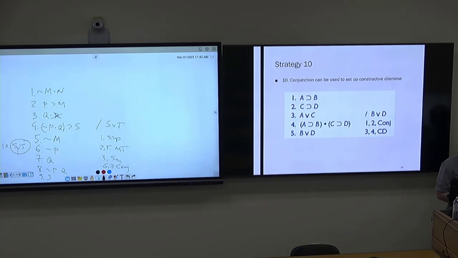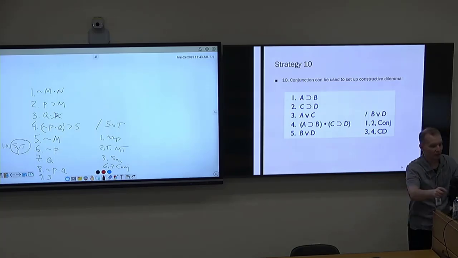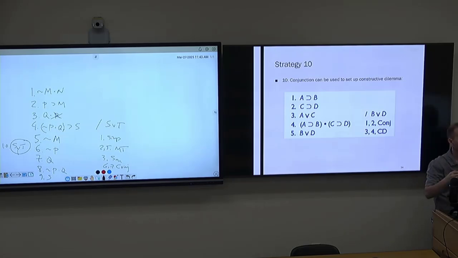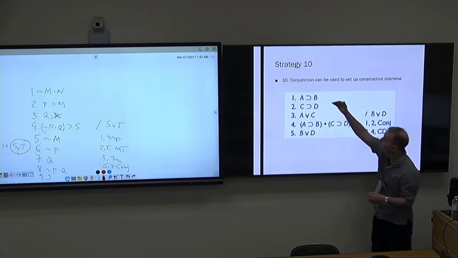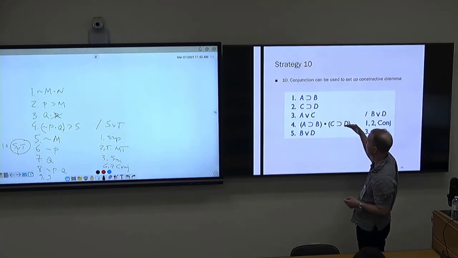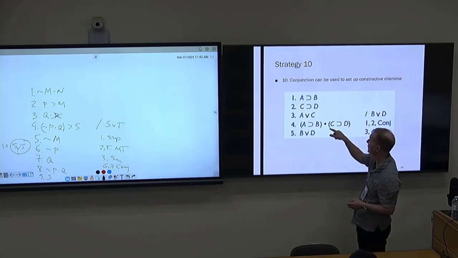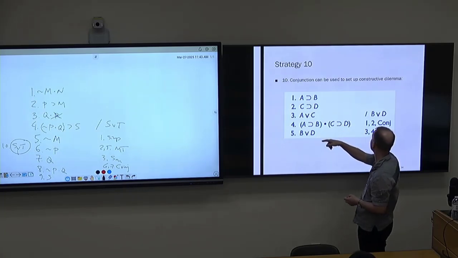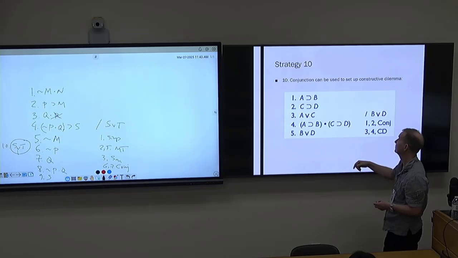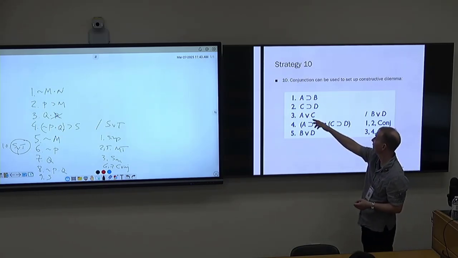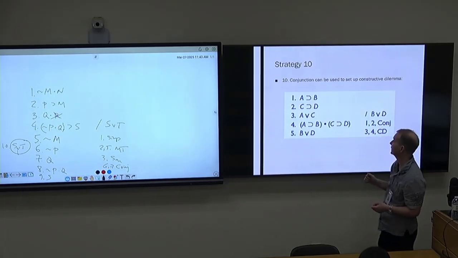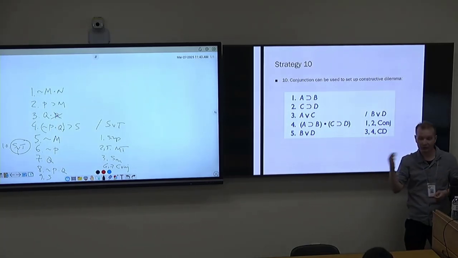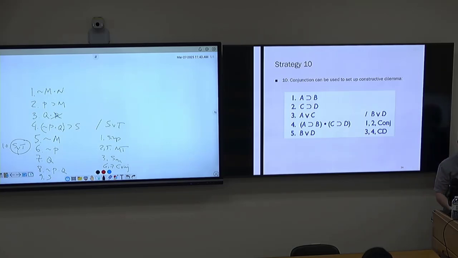Conjunction can be used to set up constructive dilemma. That's another possible strategy. We needed the B or D here. So we have if A then B and we have if C then D. So we can conjunct them. We can say if A then B and if C then D. And then based on A or C, which we already have, we can get B or D. So this is just some of the useful strategies which can be employed when you are trying to